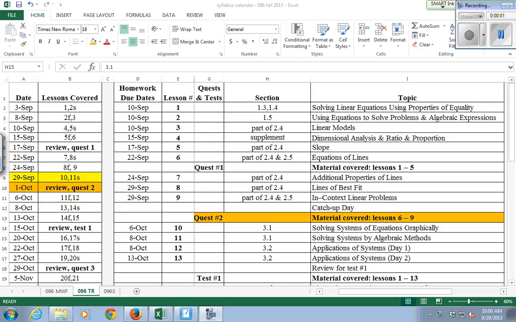Our upcoming schedule a little bit. So on Thursday of this week, you are going to have Quest 2. Okay, so we have scheduled review and Quest 2, but I want to remind you that our class was chosen